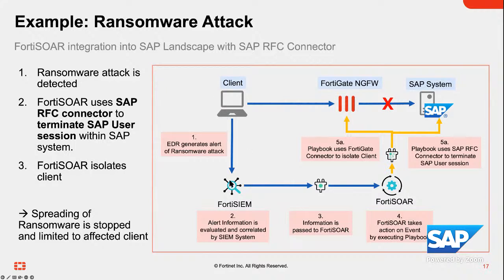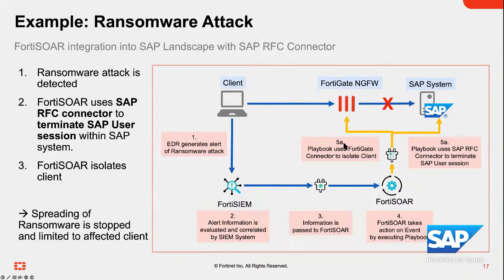This information is communicated to FortiSIEM or any other SIEM. It doesn't have to be FortiSIEM. Then this information about the spread is passed on via the FortiSIEM, FortiSOAR connector. They're all part of the Fortinet security fabric. It is passed on to SOAR, which can then kick off a playbook which, for example, says isolate everything on ransomware access.